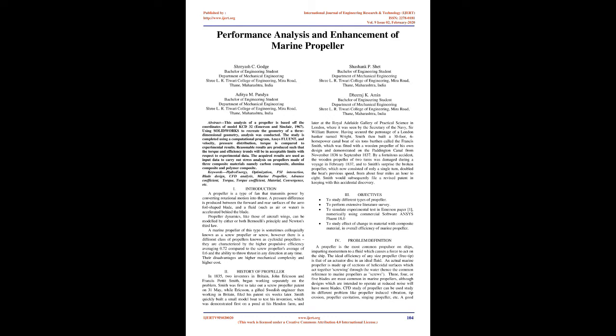2. History of propeller. In 1835, two inventors in Britain, John Ericsson and Francis Pettit Smith, began working separately on the problem. Smith was first to take out a screw propeller patent on May 31, while Ericsson, a gifted Swedish engineer then working in Britain, filed his patent 6 weeks later. Smith quickly built a small model boat to test his invention,